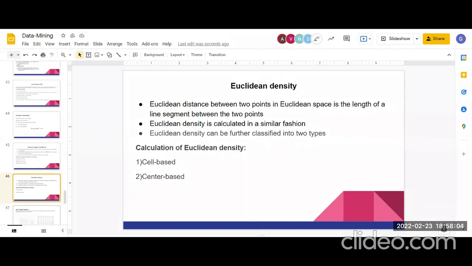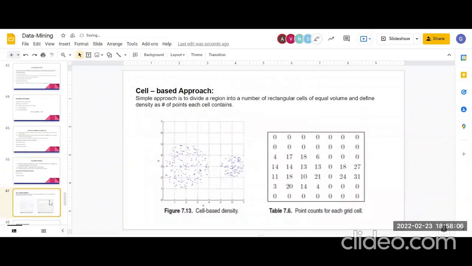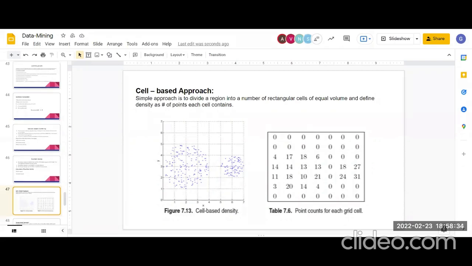The cell-based approach is a simple approach where we divide the whole region. We just see the data points clustered over here, and we divide the whole region into a number of rectangular cells of equal volume. We define the Euclidean density as the number of points each cell contains, and represent it as a grid or matrix, as you can see, and we can calculate the Euclidean density over there. So basically, cell-based density is a simple approach. And next is